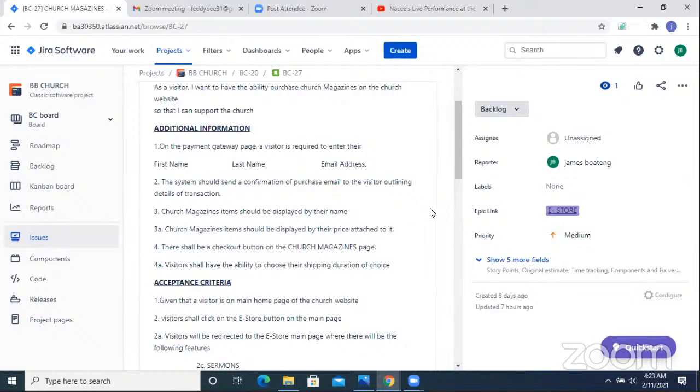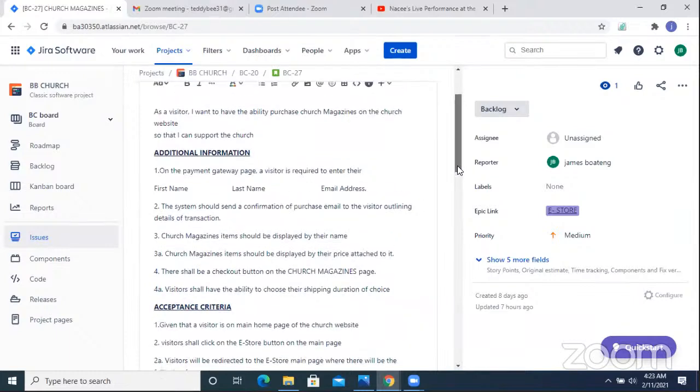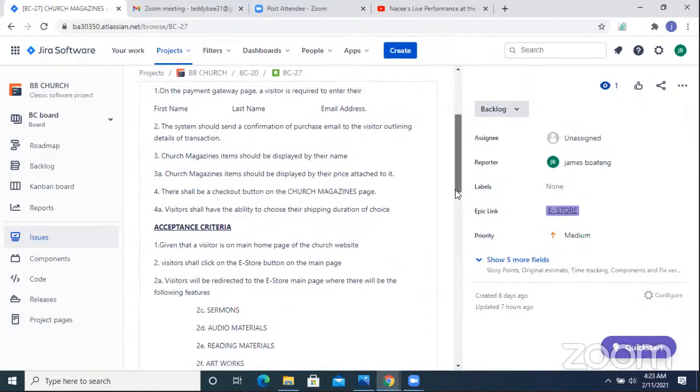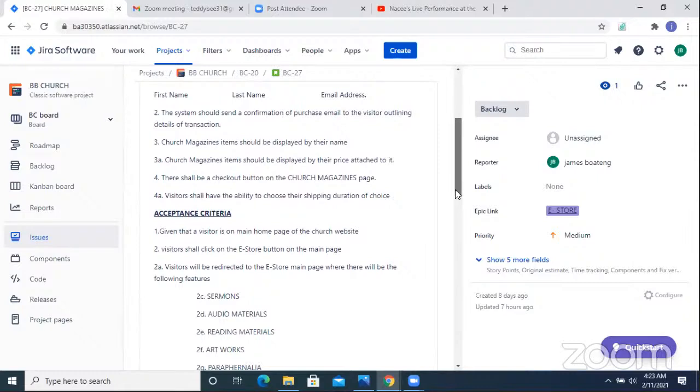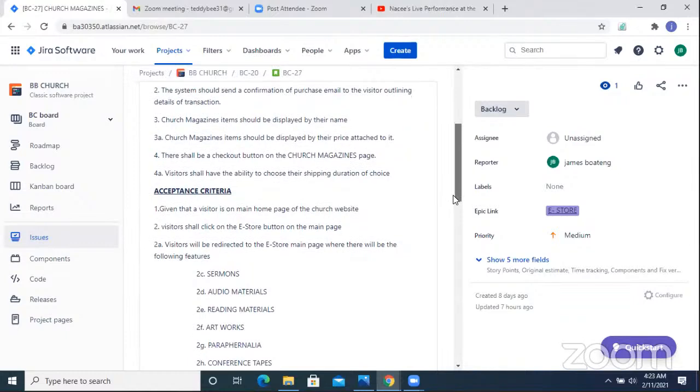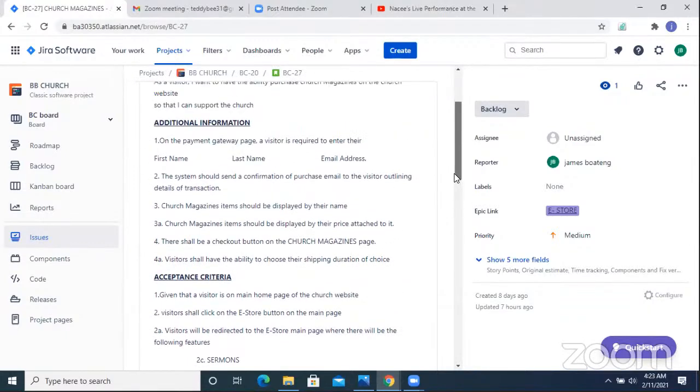shipping duration of choice. I know this one I was going to come back to the stakeholder because we realized that sometimes they give you an option, either a normal posting or an express one. So I thought it would be a good thing to add to it. But